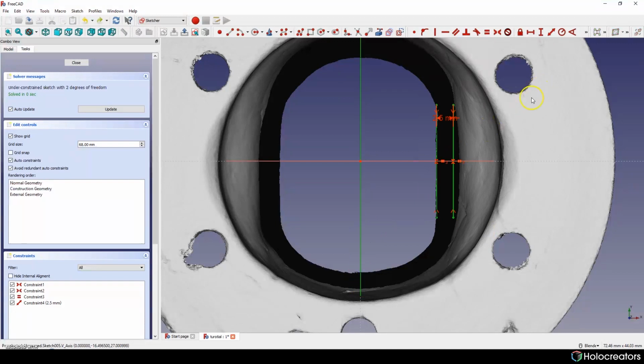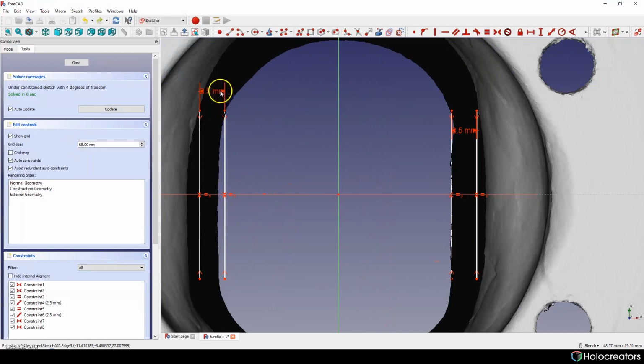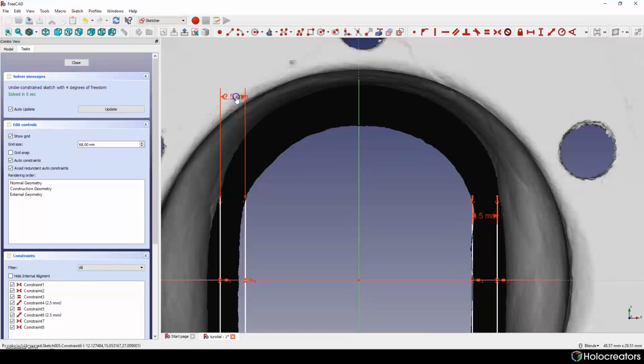Let's try to do it again. For now it looks fine, I think.